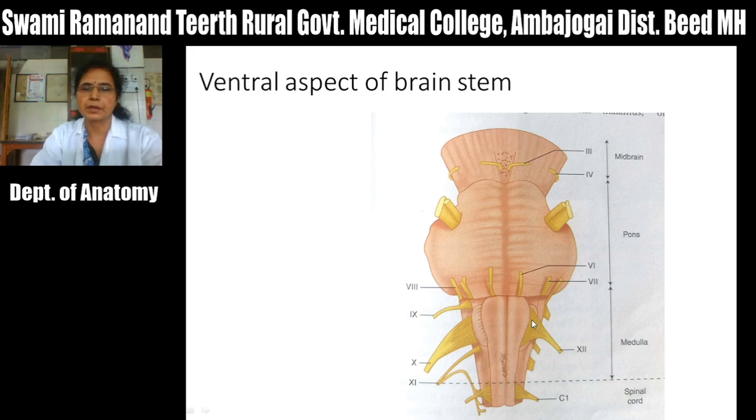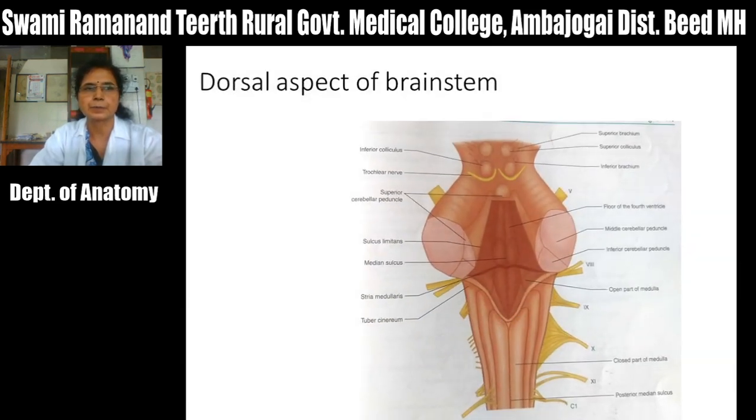Now as all these cranial nerves are attached to the brainstem, the origin of these cranial nerves lies within the brainstem, and these nerves originate from various nuclei. So all the cranial nerve nuclei for these nerves are situated in the brainstem. Then this medulla also consists of vital centers. That is respiratory center, cardiac center and vasomotor centers, which are responsible for maintenance of respiration, heart rate and blood pressure.